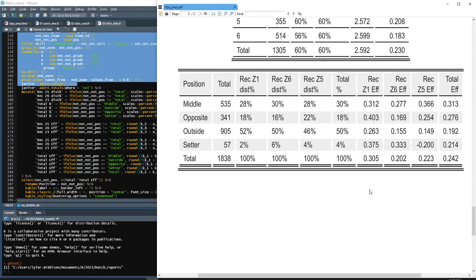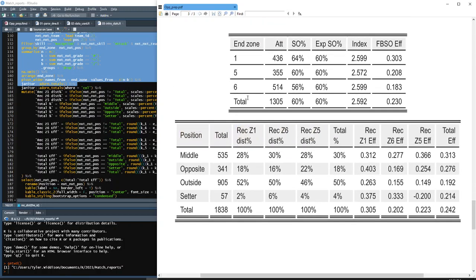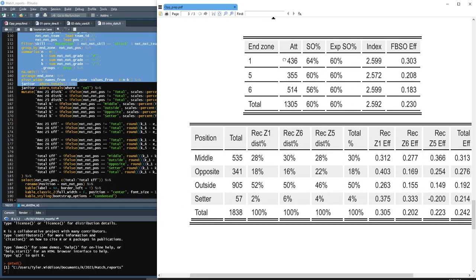Right. So this next table is similar in the fact that we're looking at where the end zone is. Reception 1. The end zone is reception 1. I want to know the distribution. So I can see the side out percentage is 64%. And actually,